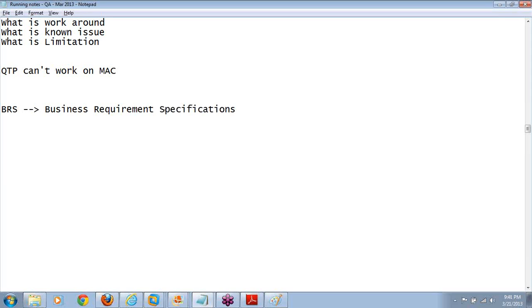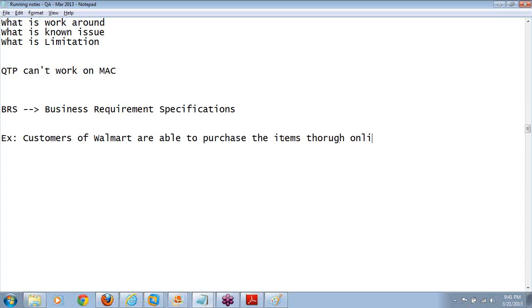What does BRS mean? It talks about the need of the business. What is my business requirement? For example, what is the business requirement of Walmart? Customers of Walmart are able to purchase items through online. This is the business requirement. I'm giving you the business requirement for Walmart at a very high level. There may be multiple business requirements. This is the major business requirement. For this, we need a software for online shopping